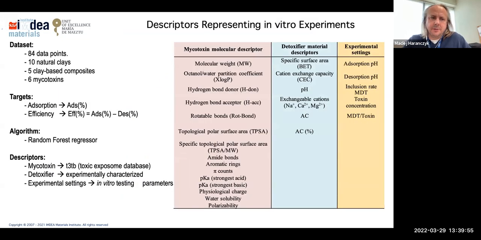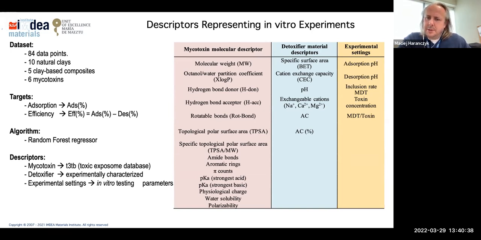So here is information about the model. In this case, we have about 85 data points. Some were natural clays. We also have some composite materials based on two clays. For the mycotoxin, we use the descriptors that are often used when dealing with organic molecules: molecular weight, number of hydrogen bond donors and acceptors, surface area, and some other physical chemical descriptors that correlate with adsorption of organic molecules.